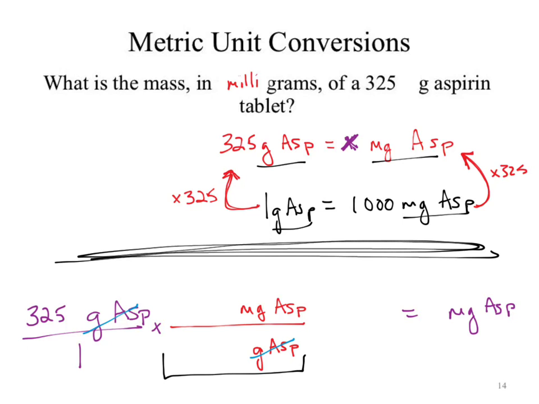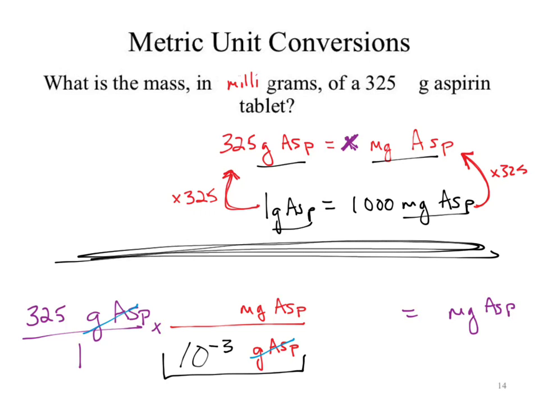It goes with the core or root unit. The power of 10 will always go with the core or root unit. There is no exception if you've memorized it the way you were told to memorize it. If you've decided to memorize something else, you have to memorize more information. That's on you. The core or root unit here is grams. It's the thing that shows up the same in both places, which means 10 to the negative third goes there.